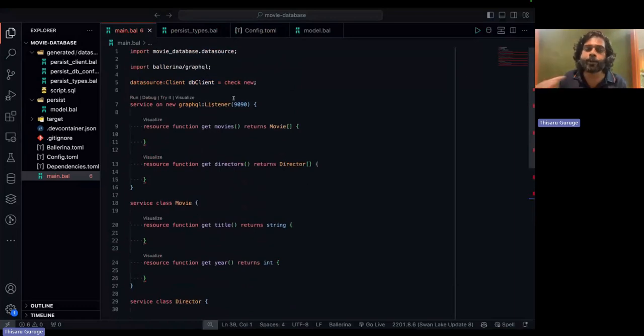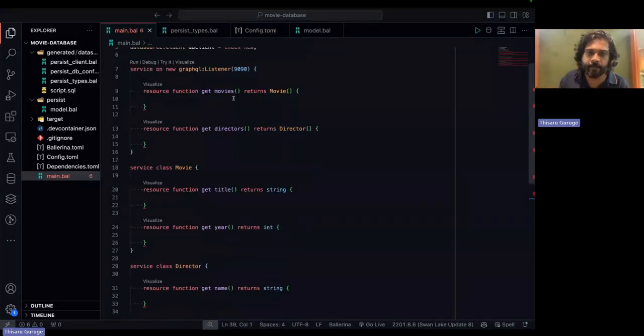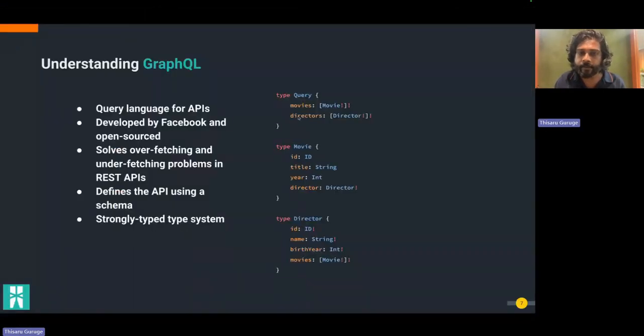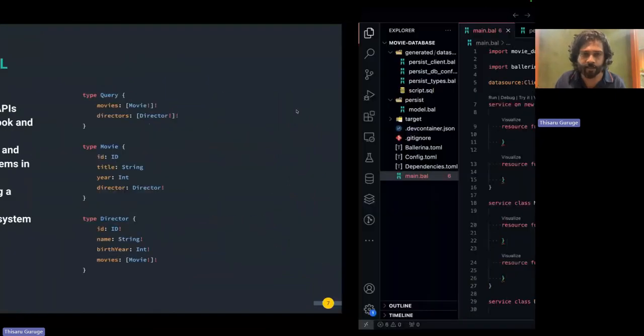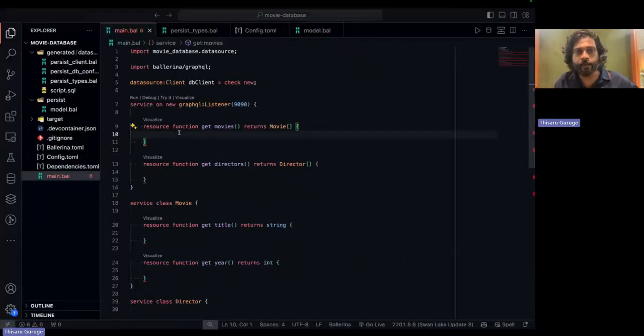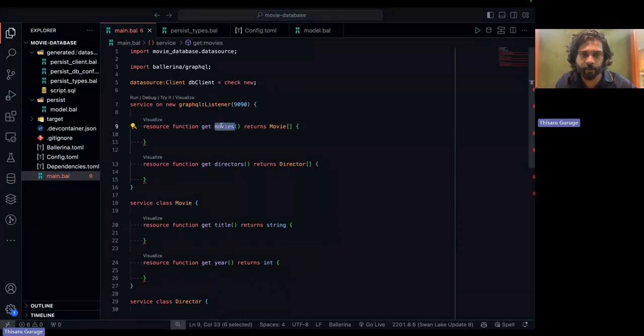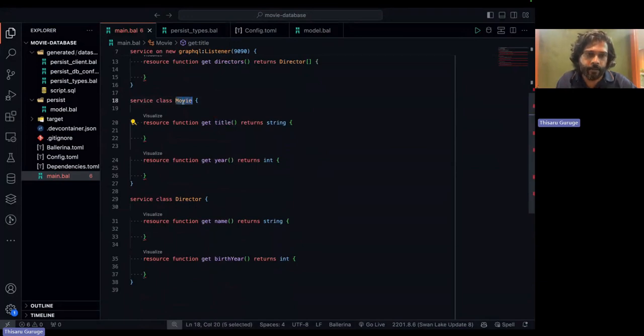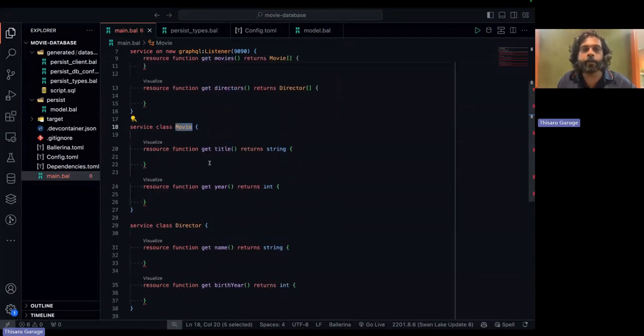And now I'll show you how to implement the others inside our code as well. So each field in our GraphQL service, GraphQL type should be a resource function. So I can say that here I have a resource function to get movies, and I have a resource function to get directors, and each type we created also has resource functions to get each of their fields. Now we have to